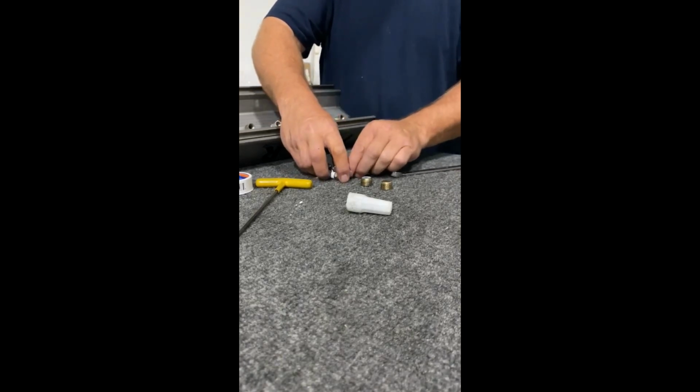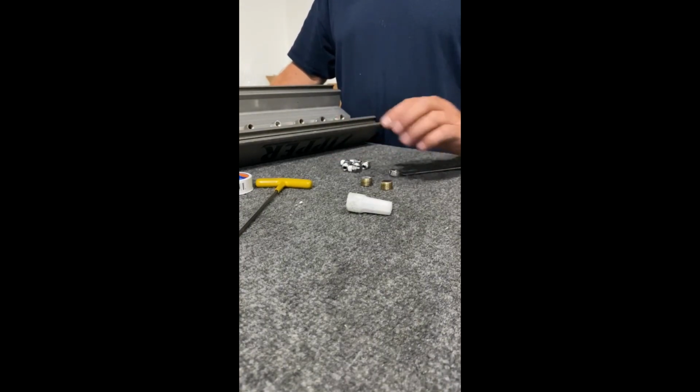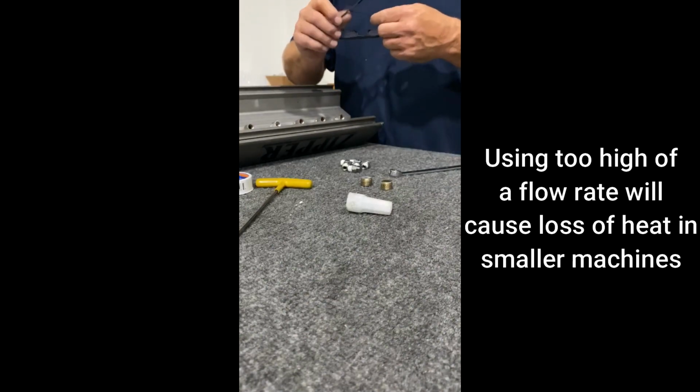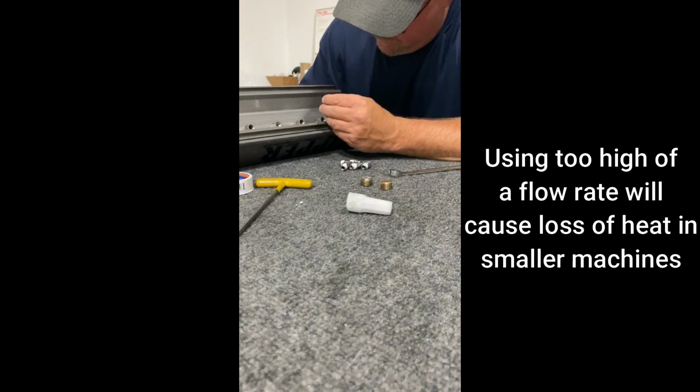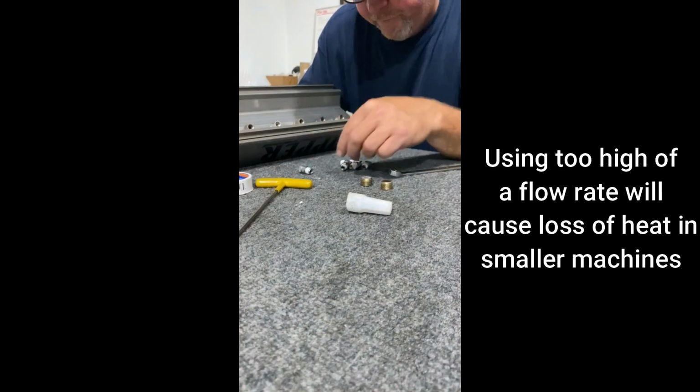When I put these jets in, these are two different sizes. We use 95015 for the ends and 11015 for the middle. That would be a 9 flow. I'm actually going to get my glasses on here so I can see. Let's see, we've got a 95 there,